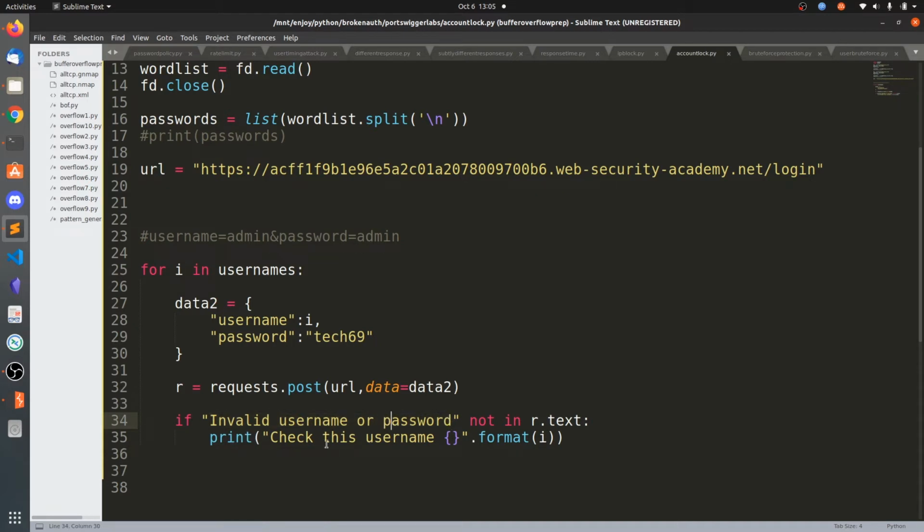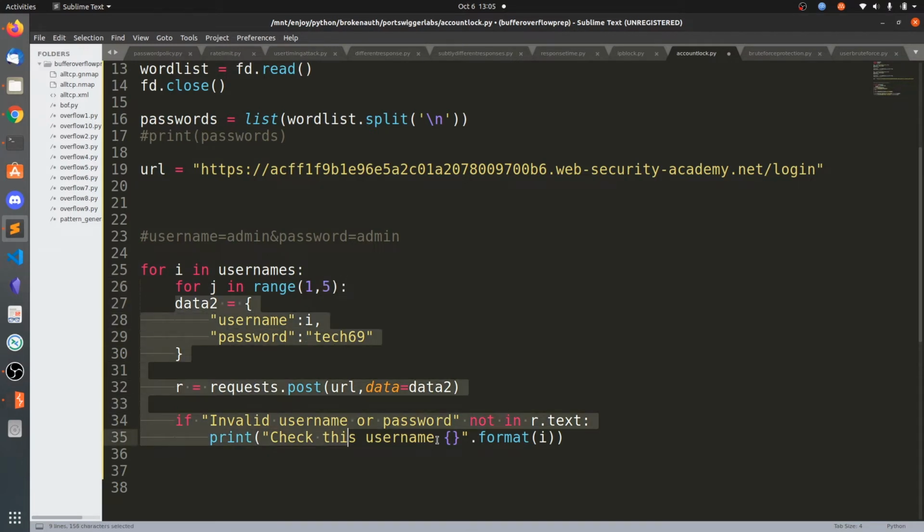So then we are going to check this username, and remember we need to repeat this request for a single username, like let's say 5 times, for j in range of 1 comma 5.